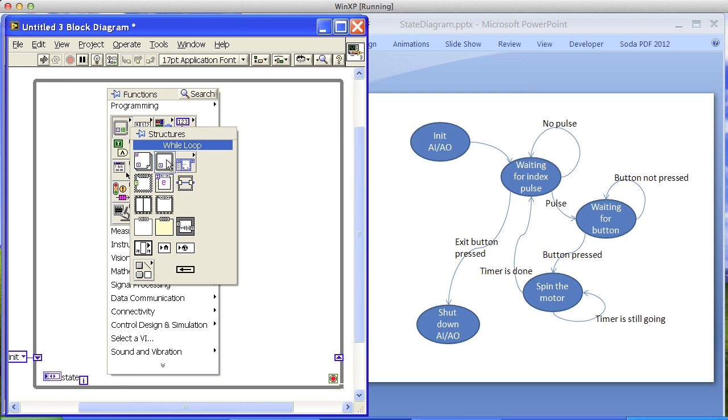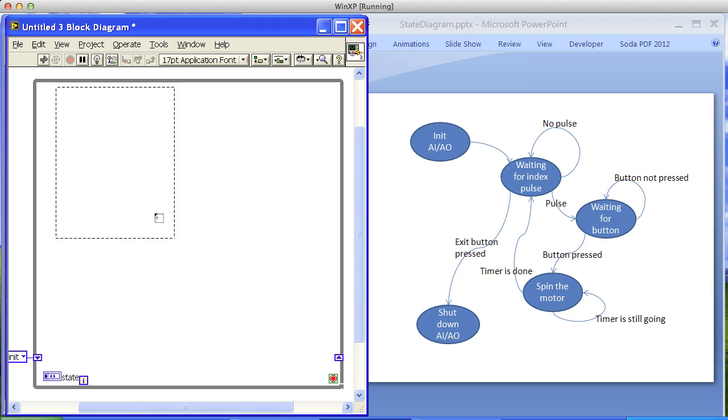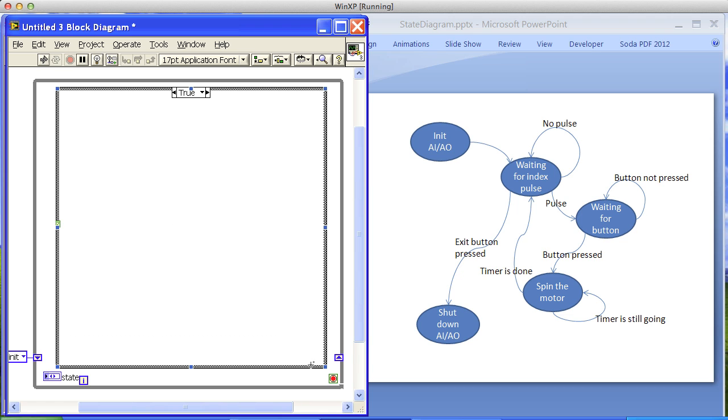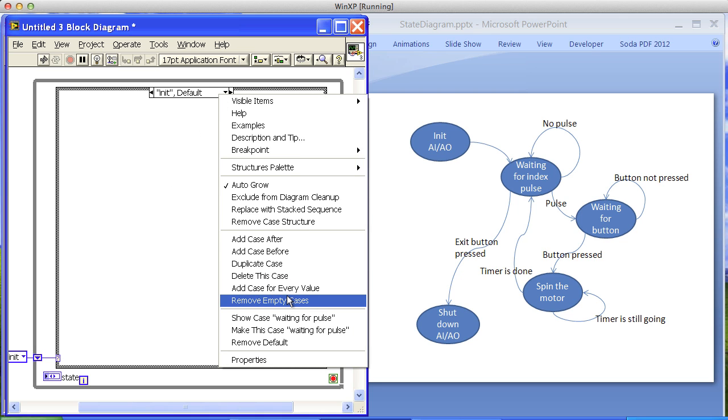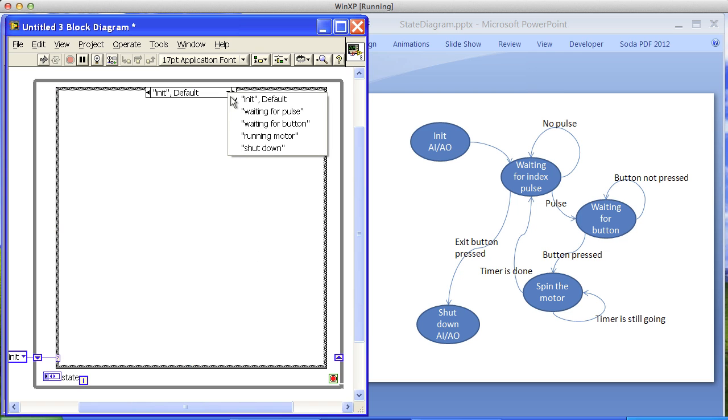And then I'll drop a case structure and wire up the shift register to my selector. And I have two, init and waiting for pulse. And if I right click and do add a case for every value, well, now I have init and waiting for pulse. So the things I need to do, so in init, right, we could